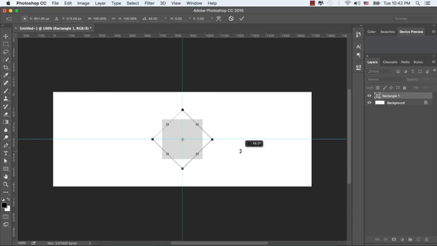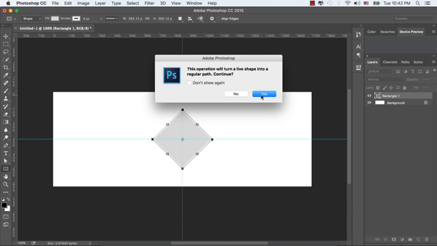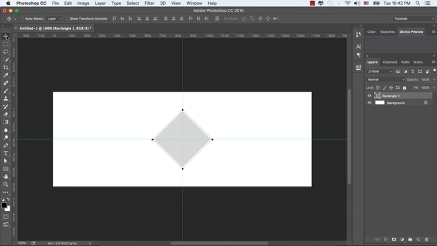And now let's transform this shape by pressing Ctrl or Command T and make both corners match with our middle guideline. Let's select the move tool and move it a little bit to the left side, and let's copy this shape by dragging it to the create new layer button in the layer panel, and we would have a duplicate copy.